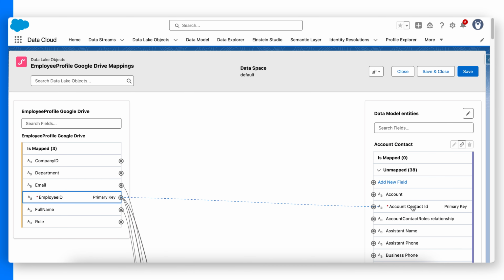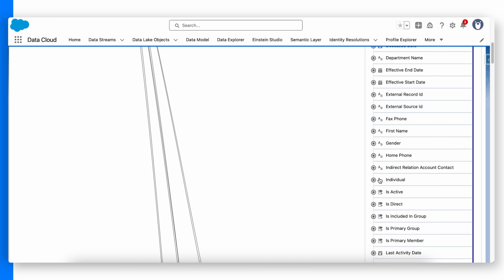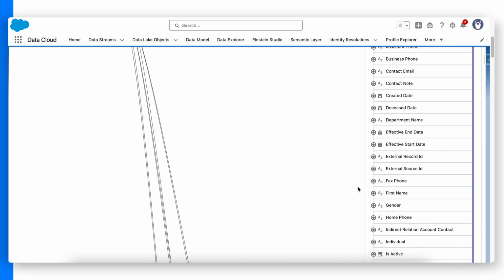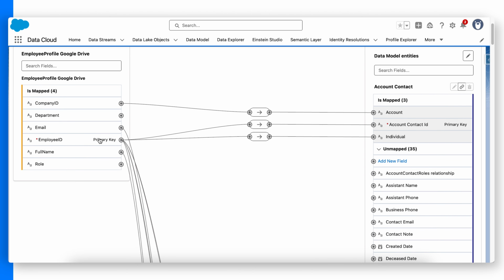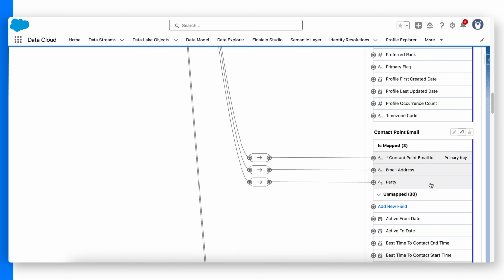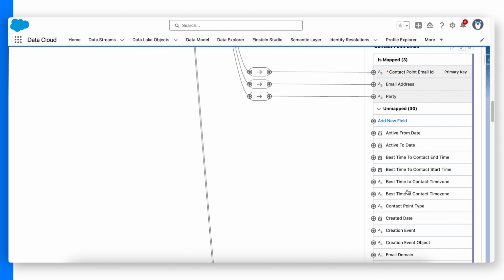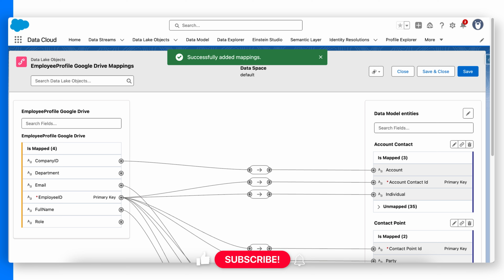Employee ID to account contact ID, and company ID to account, then individual ID to employee ID. And yeah, that's going to be our final mapping. Just to go over them again, all employee IDs are going to be mapped to party ID in contact point email, and individual ID, and account contact ID of the account contact object. After we do this mapping, just click on save. And here we go. We got a message saying